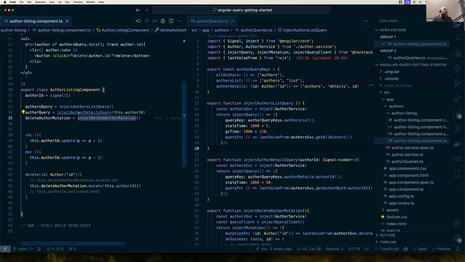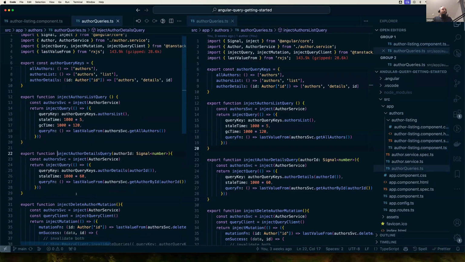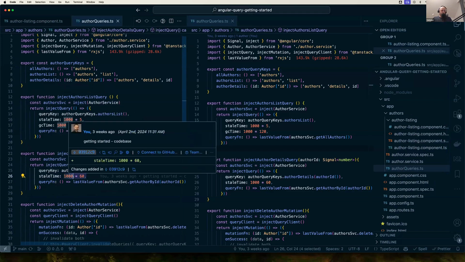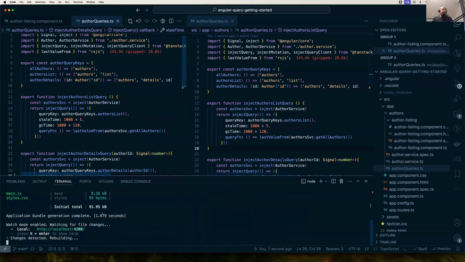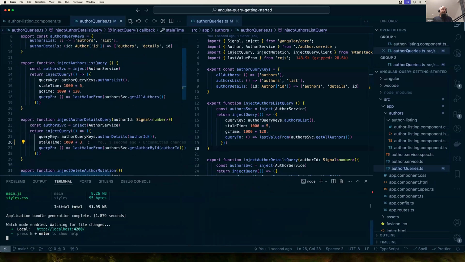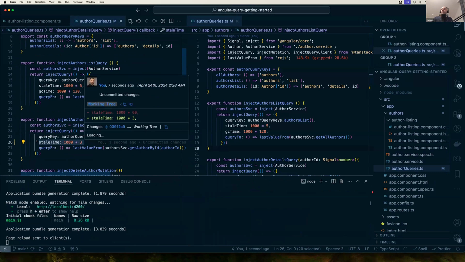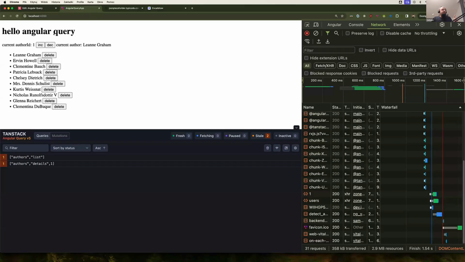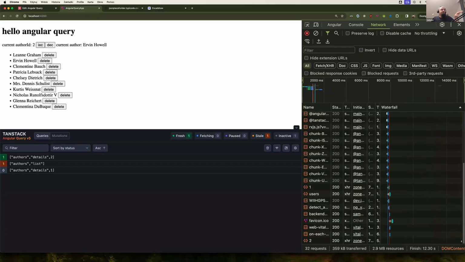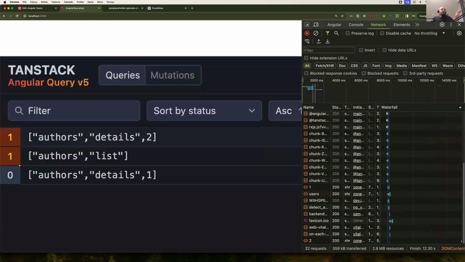And we've got the author's details query. Oh, I made it stale time, which is 1 second multiplied by 60. So let's make it maybe 3 seconds just to make it quicker. I'll just make sure that Angular will rebuild the application. So this basically means that after 3 seconds, a given query is considered stale, so the data is considered stale. So again, let's increase the ID, and yeah, if everything is okay, then the